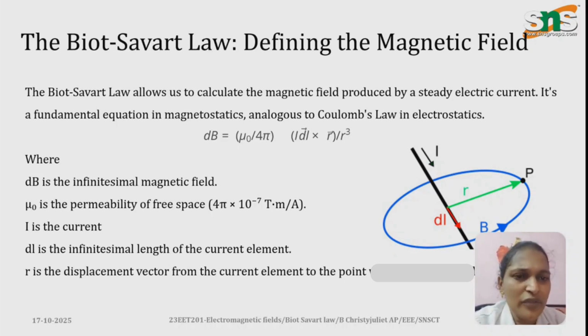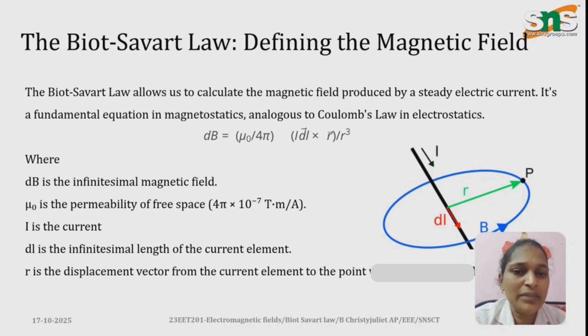Since it is a vector, we introduce a unit vector a_r, which is equal to the vector r divided by modulus r. Multiplying this with the r square already present in the equation, dB is equal to mu naught by 4 pi times I dl cross r vector divided by r cube,